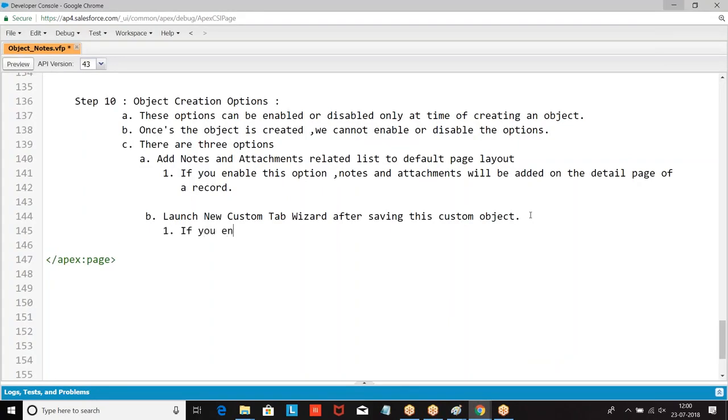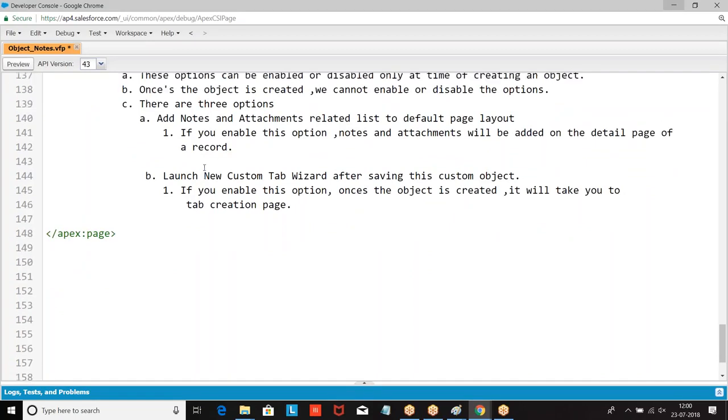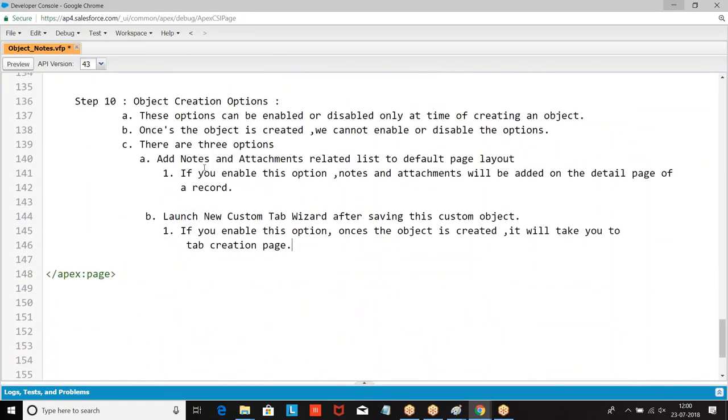If you enable this, once the object is created, it will take you to the tab creation page. Right. So this is how we got it. Now I hope you are clear with this.